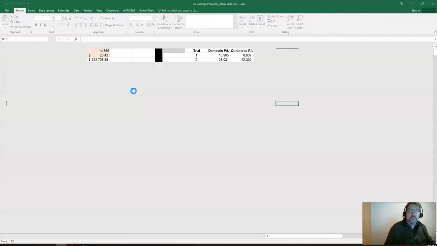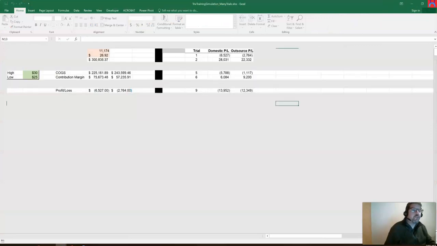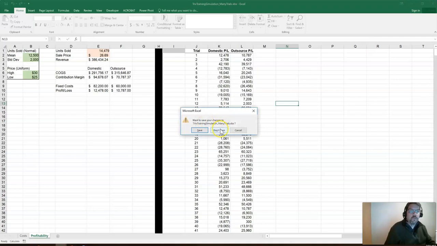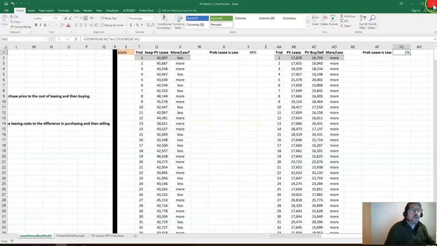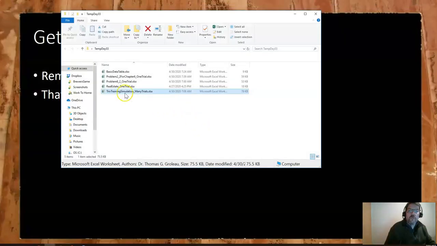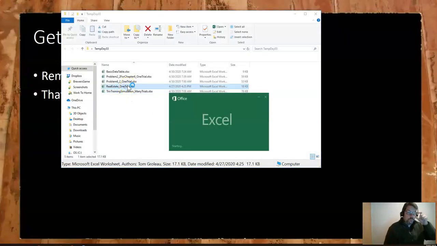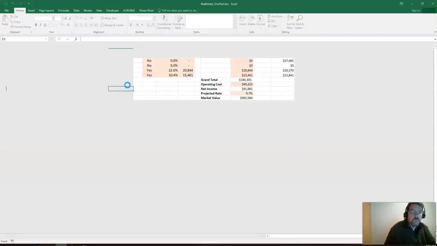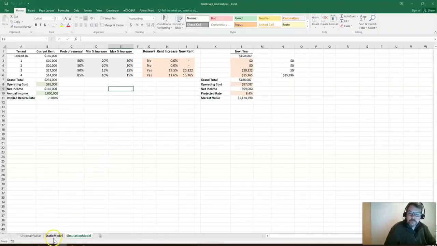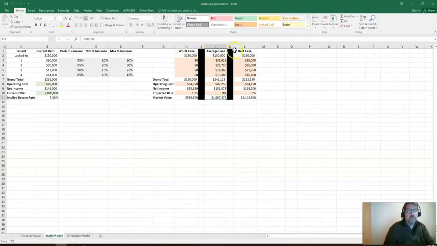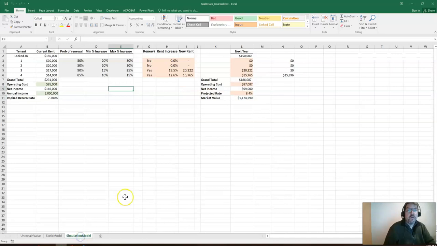trivial training. Nope, not trivial training. Sorry, wrong problem. We will look at this one. Real estate. Remember we did the worst, best, average case, and it did kind of look like you should sell now. Well, the simulation model